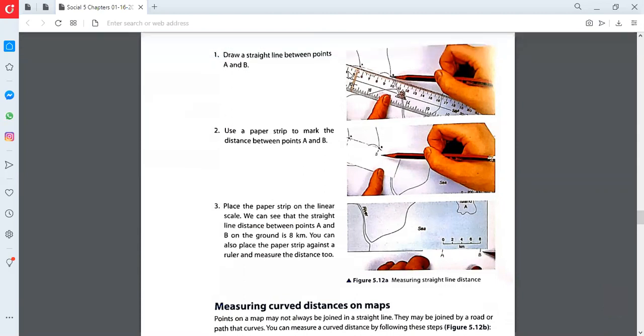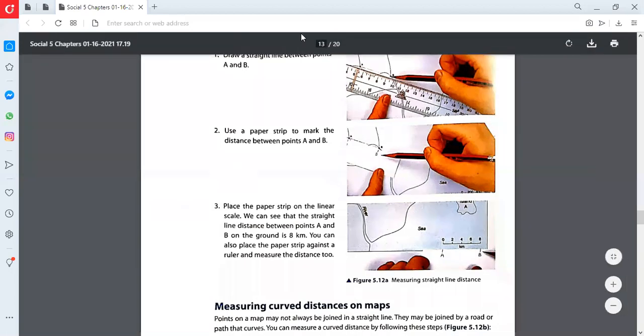Maps contain so much information. A simple map has so many types of information. And we also see six types of maps in this book, and the four types of symbols in this book. The topic which we were discussing at the end of last period is measuring distance. Now, on page number 56,